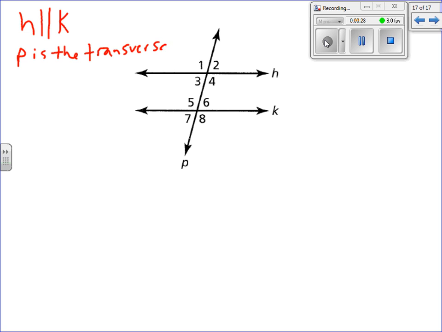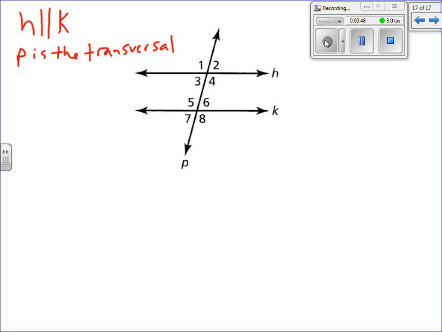Remember that a transversal is a line that intersects two or more other lines. Normally, we're going to be using that when we're talking about parallel lines being cut by another line. So in this case, H and K are parallel lines, P is our transversal. You can notice that it forms 8 angles, and I numbered them 1 through 8, but they form a lot